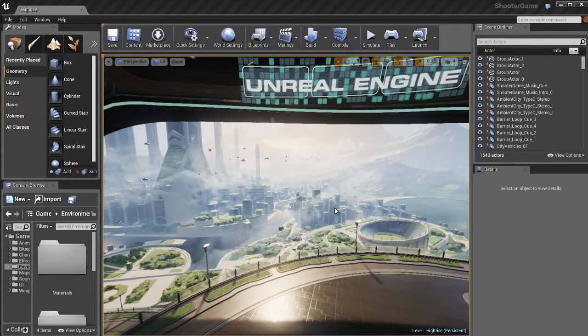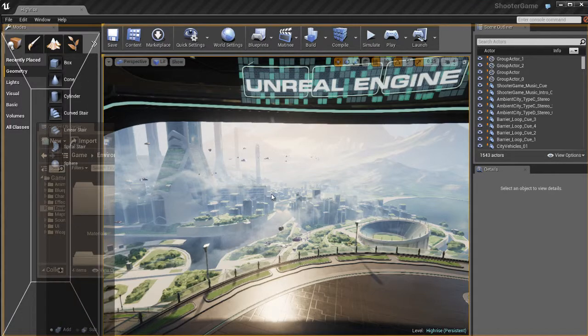The content browser inside of Unreal Editor is an extremely powerful tool. You'll probably be using this about 75% to 80% of the time when working in Unreal Ed. So it's really important that we get familiar with it, understand it, and really understand the role it plays in our game development. So the content browser you'll find down here in the lower left,